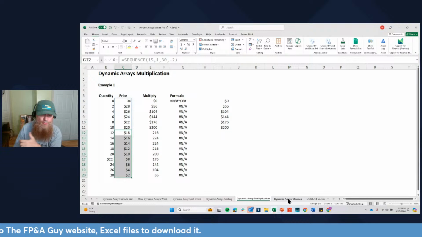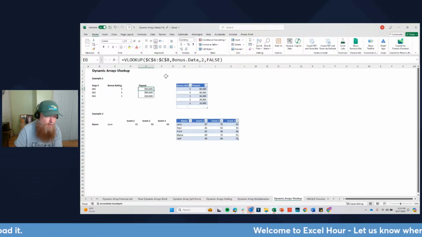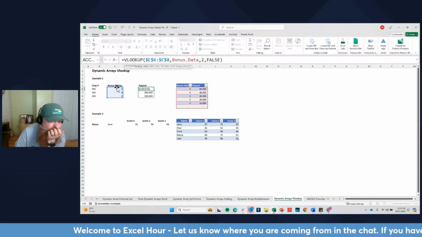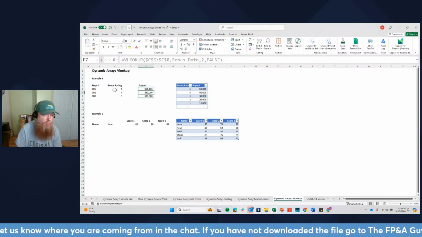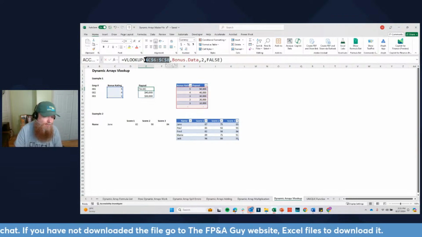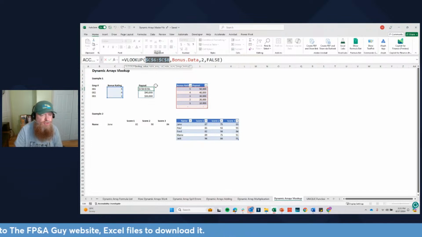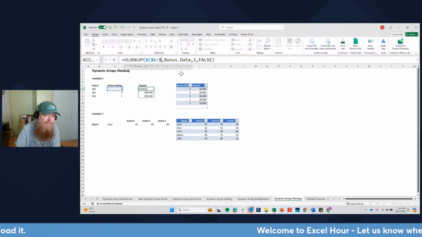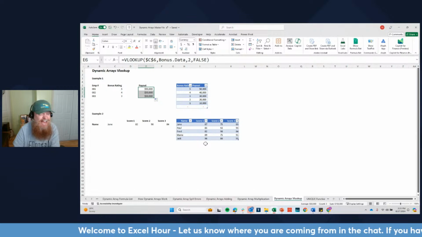Not seeing any questions, so we'll keep going. One last example, and this is with an old formula, VLOOKUP. Notice here, I've entered the entire range for VLOOKUP, and it's returned all three answers. That's what I mean by you can input multiple values. This isn't necessarily dynamic. It's not a dynamic array in that this range is going to spill, but previously you